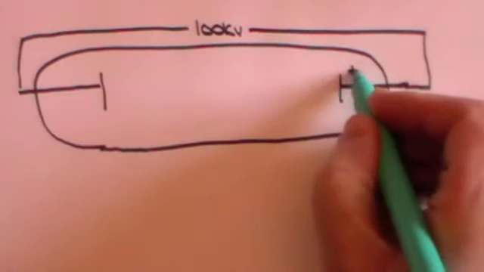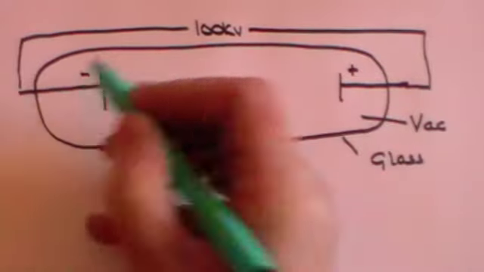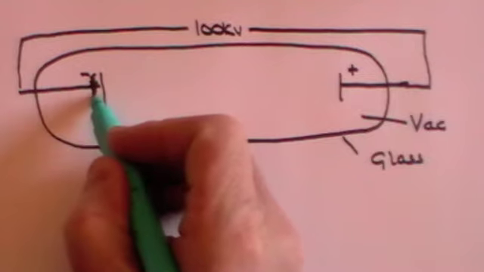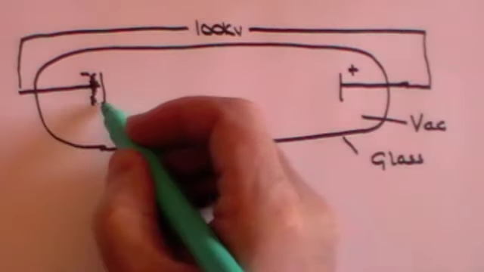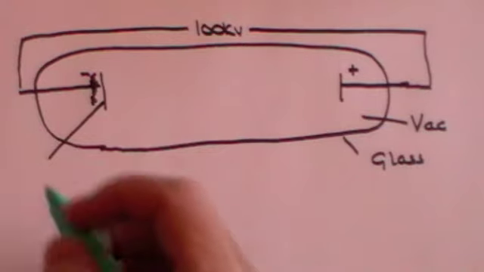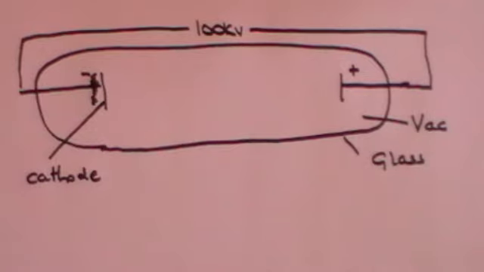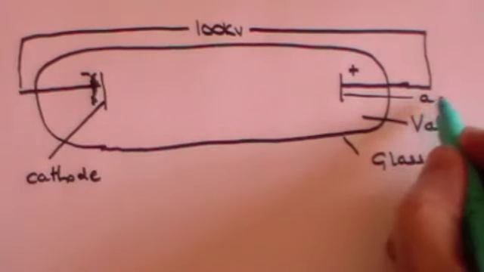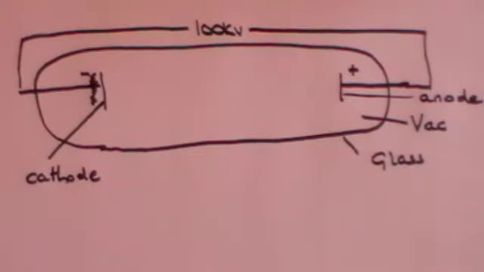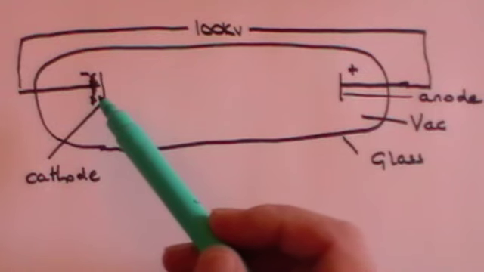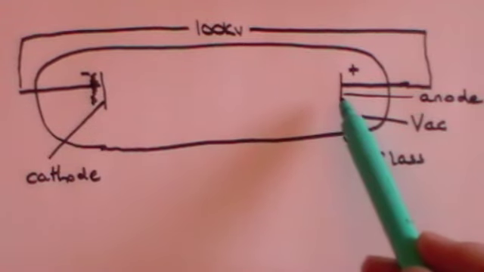This will be the positive plate, and this will be the negative plate. And you put a heater behind this plate. These plates have got names. The negative plate is called the cathode, and the positive plate is called the anode. So what is happening? The cathode is a metal and it has free electrons in it. The heater is heating those free electrons and giving them energy, and there is a huge potential difference between these